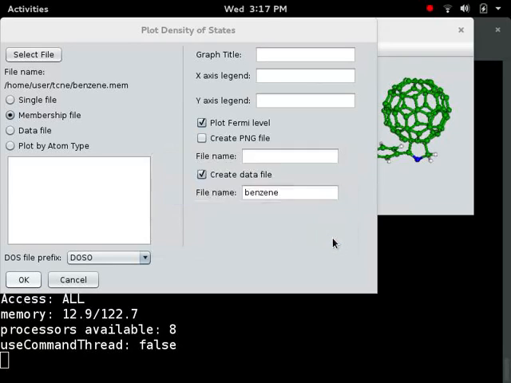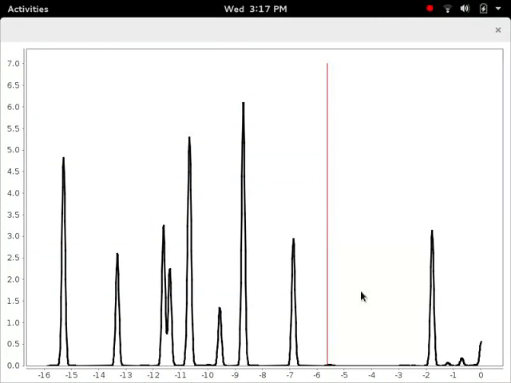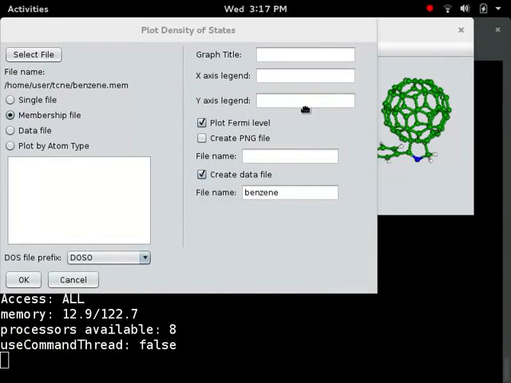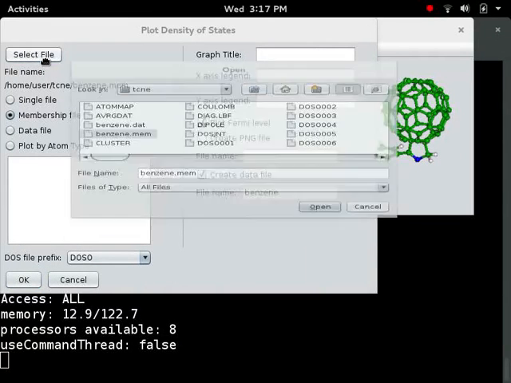And here's the plot for that structure. This plot's not actually the final plot. This is just done for reference. We're actually going to make a stacked plot with this, the benzene, and the total. So as I said, this is just a reference. Now let me select the one for the TCNE